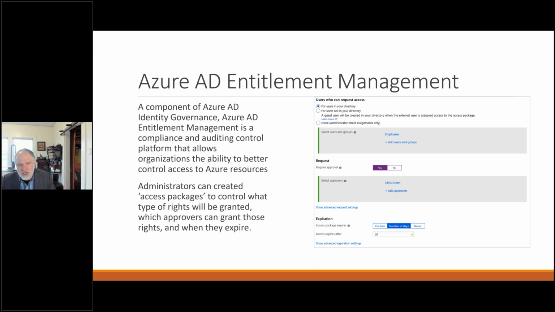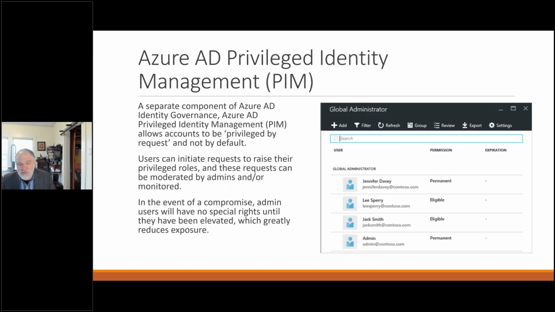packages and just-in-time access. And one of the components of Entitlement Management that you may be familiar with, and that if you're not using, you should be using, is called PIM, Privileged Identity Management. That is a great tool for where you have to elevate to become a global admin, or to elevate to one of the other admin levels within your Azure environment, so that if your credentials are compromised, the hackers aren't going to immediately have access to all the crown jewels of your Azure environment.